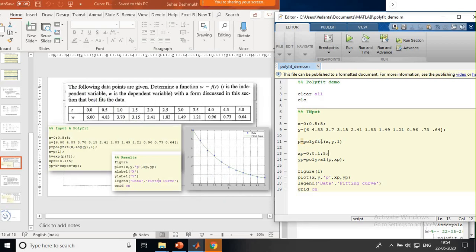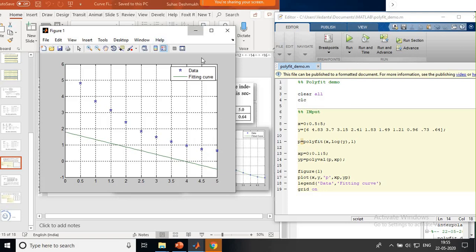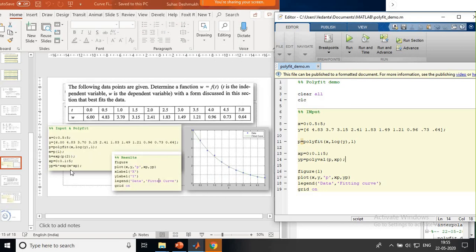So if I provide log of x here and log of y here, I can have a fitting of this with a curve that is e raised to x. So this is log of x, and I will have log x and log of y. This is the x parameter, this is the y parameter, and the fit curve is 1. Now I can fit it. You can just observe this. Maybe something was going wrong, I think. Okay, so you have fit this.